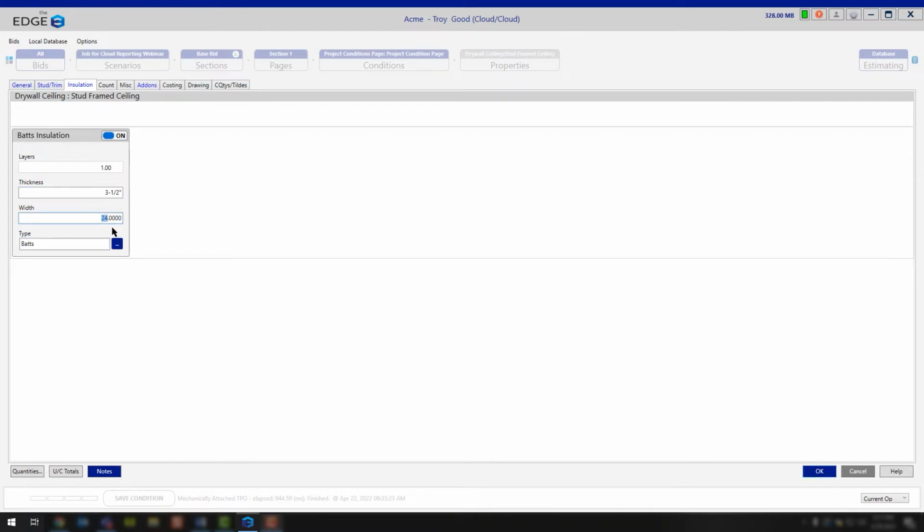and then the width here is going to be how far apart your studs are spread. So this would be your on-centers for your studs, so that's why you have 24 inches in the width. Ultimately, you have the type, so what type of insulation are you going to be applying to your ceiling here? Now, there's not really much more to go over in the insulation tab, so we're going to move right on